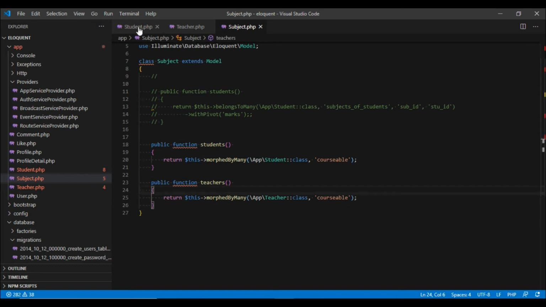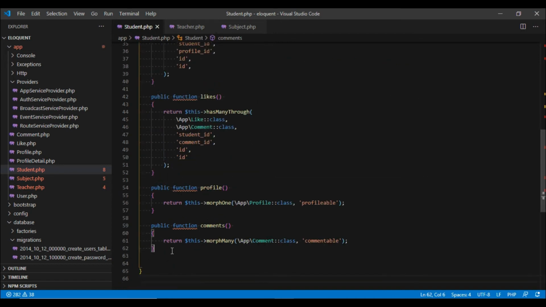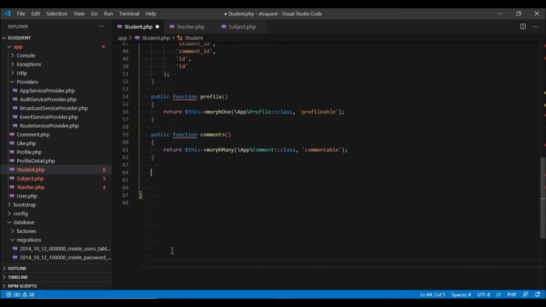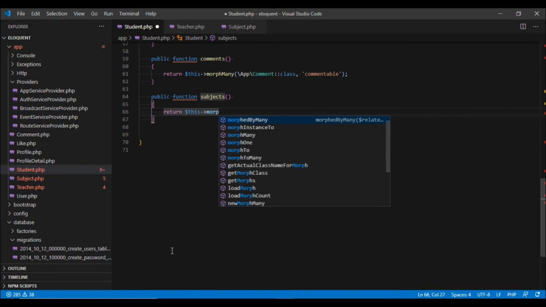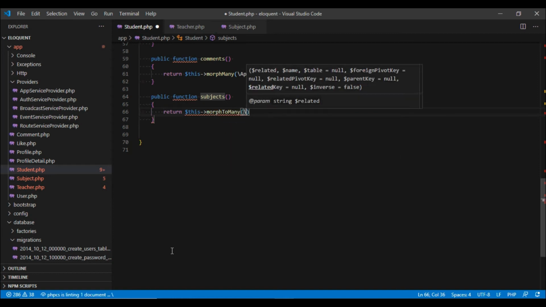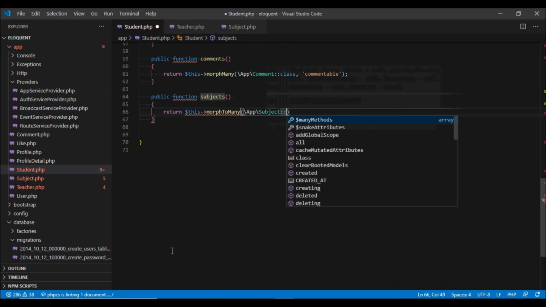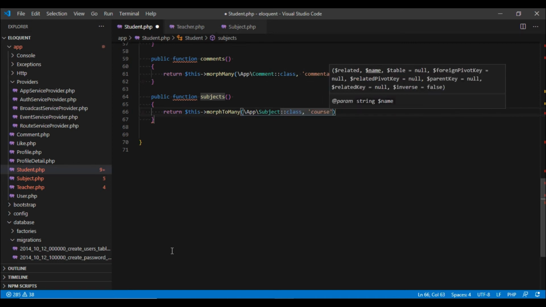Now we can define the inverse of the relationship. We go to the student model, and here we can define the method as subjects, and this would return morphToMany. We are going to pass it subject class, and the second parameter would be courseable.